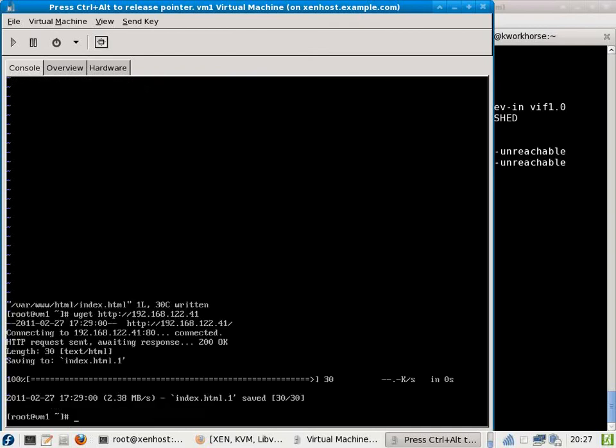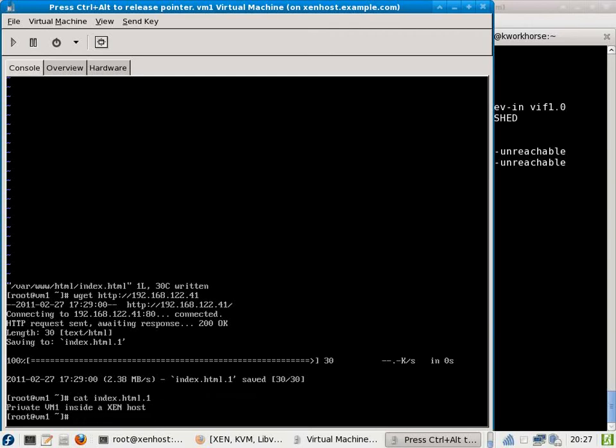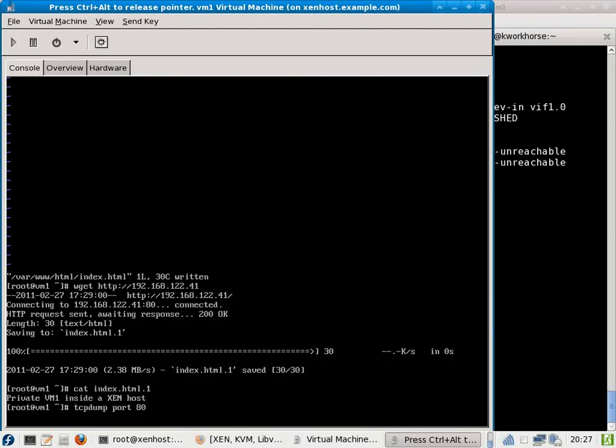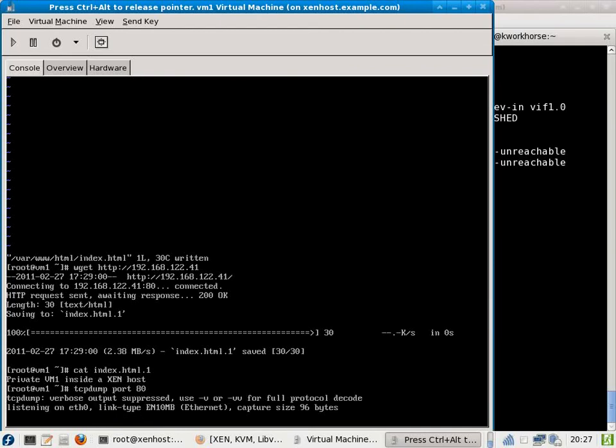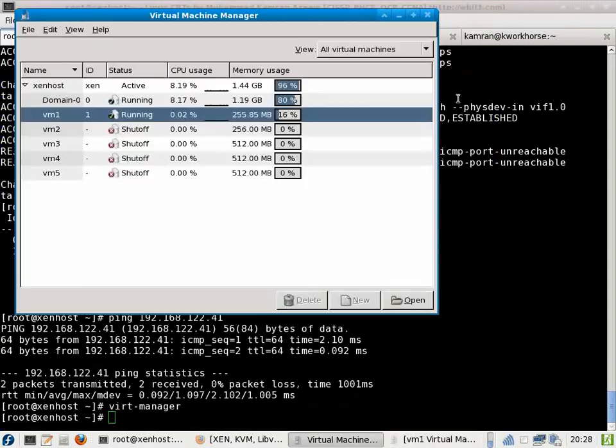Okay, let's get the web page again. This time it is saved at index.html.1, so cat index.html.1. Perfect. So this is the content being served from VM1, and we are inside VM1 at the moment. And to see if I get any traffic from outside, I would run a tcpdump on it. tcpdump port 80. This should be enough. Alright, so we minimize this, and